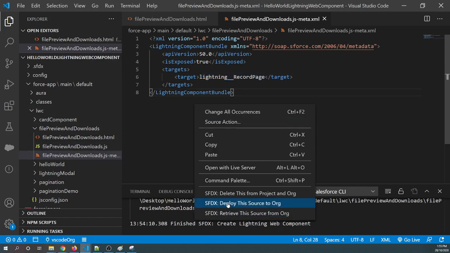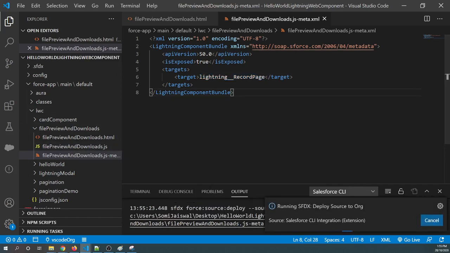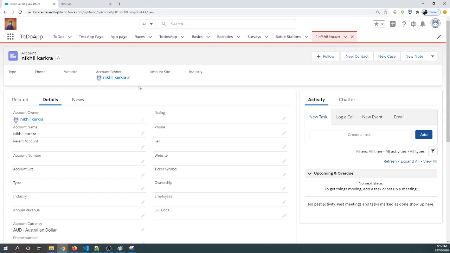So let's quickly deploy this component and place this component into the lightning record page. So the easiest record page I can think of is an account page. Let's go to our org, and here I'm already in an account. So this is my record page. I'll go to the gear icon, click on edit page,